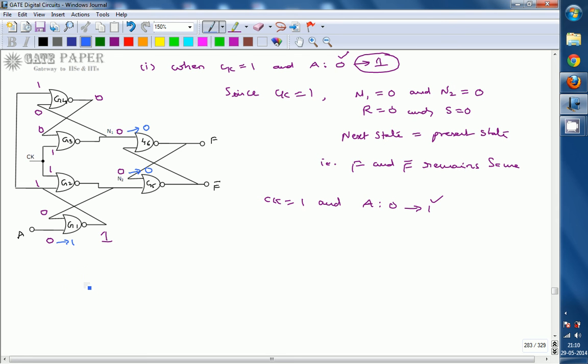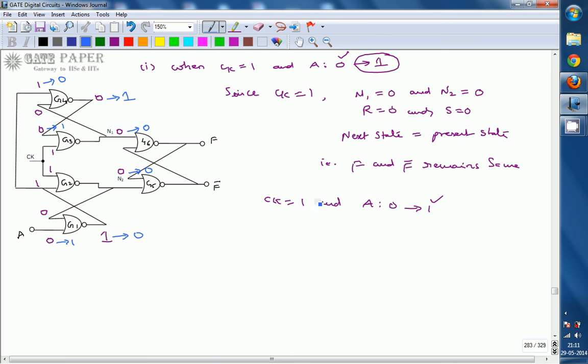Now A is equal to 1, which makes the G1 output change from 1 to 0, because one of the inputs for this gate is at 1. So this 0 makes a 1 to 0 change here, and these 0 0 make the G4 output change towards 1, and that 1 appears instead of this 0. But this doesn't alter the output N1. N1 is already 0 because of a single 1. If it has both ones, it doesn't matter.